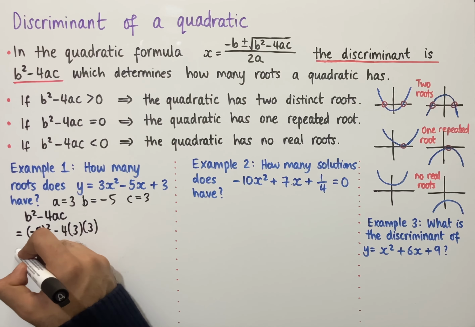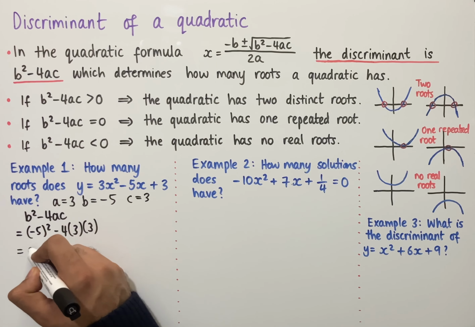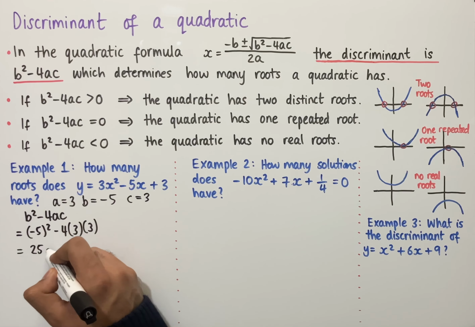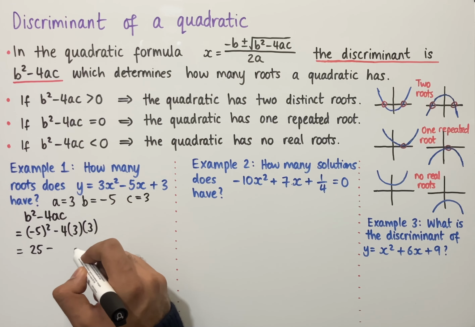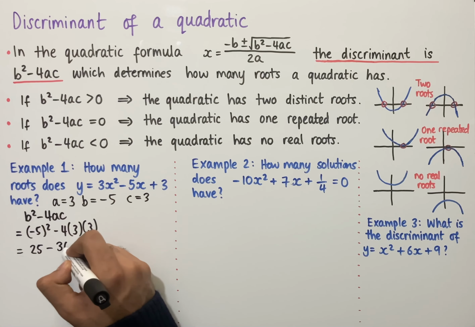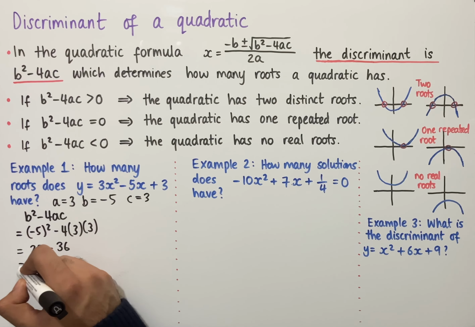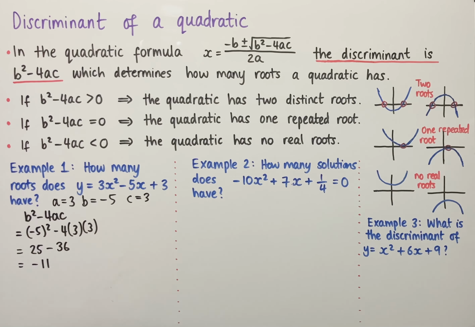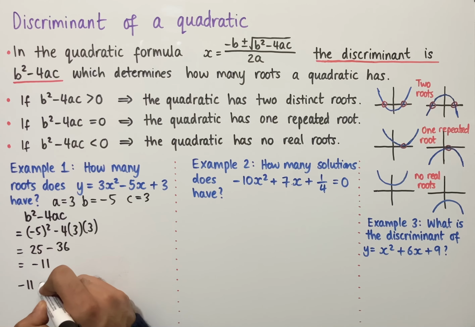We now simplify this. We have minus 5 all squared, which is 25, and then we're subtracting 4 times 3, which is 12, and then 12 times 3, which is 36. So 25 minus 36 gives us minus 11. Since the discriminant here is minus 11, which is negative or less than 0, then this implies that the quadratic